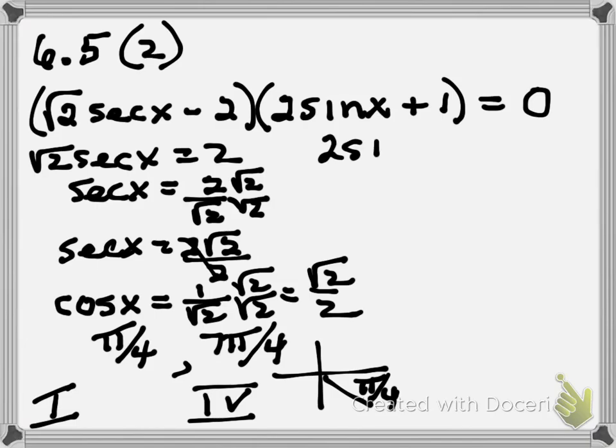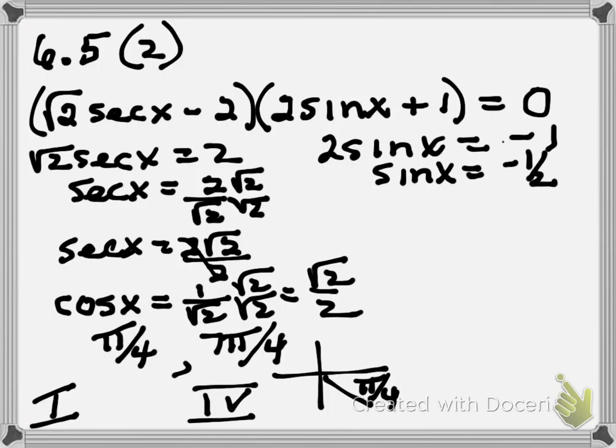We have 2 sine x equals negative 1. Sine x equals negative 1/2. Now we know that the sine of 30, or pi over 6, is equal to positive 1/2, but we're not in those quadrants. We're not in first or second. We're in quadrant 3 and quadrant 4, because that's where sine is negative. So we have the pi over 6 in the third quadrant,